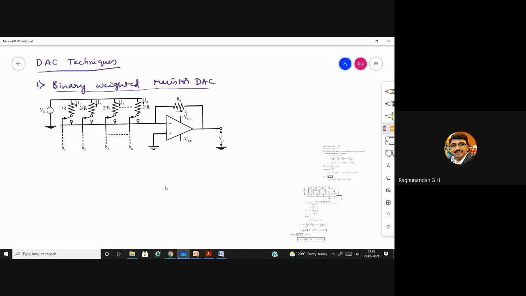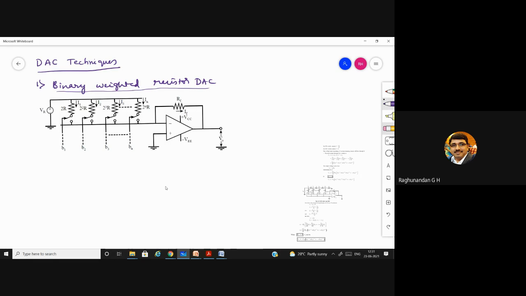which are connected in parallel. We will have a set of resistors connected in this fashion, and it depends on how many bits you want to convert, whether 2 bits, 3 bits, 4 bits, or 8 bits. Based upon that, that many resistors need to be connected. Here the R value will be common, but it keeps having a multiplying factor: 2, 2 to the power of 2, 2 to the power of 3, and it keeps increasing.